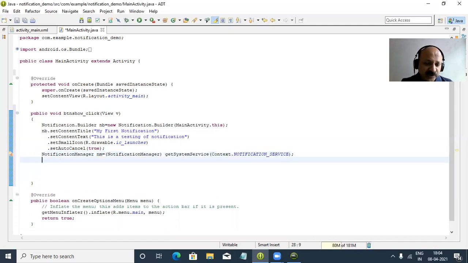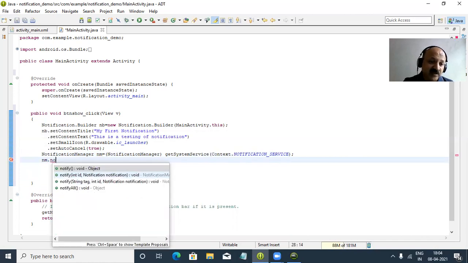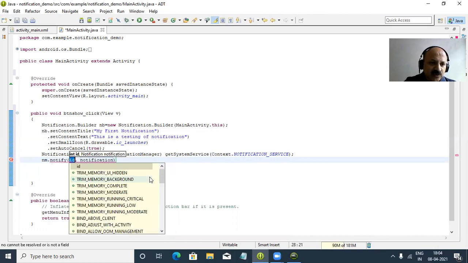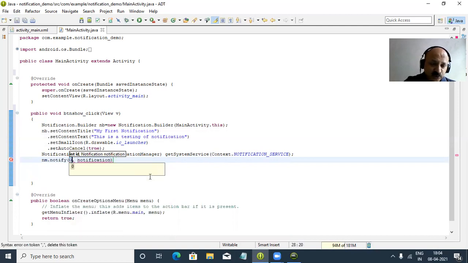Now what to do? So nm notification dot notify, that is a method you can look at, that is overloaded, and we can pass two arguments. First is id, so I assign the integer value 0. And then what to do?